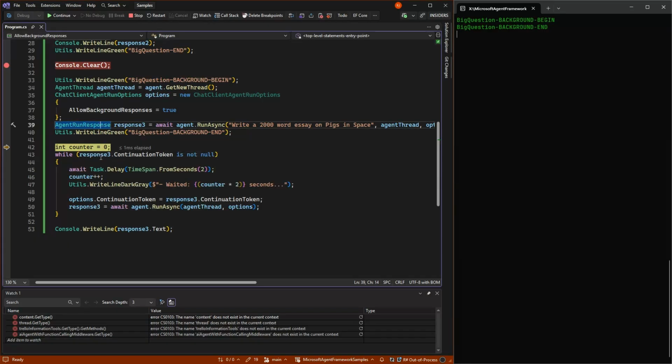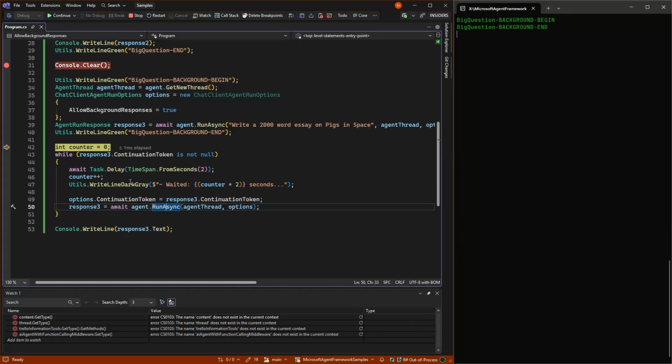And we can then check that this continuation token is not null and wait a few seconds and then ask the same agent with the same thread, with the options again and again, telling it here's the continuation token. So it will take the same response and work on the response until it's actually done.